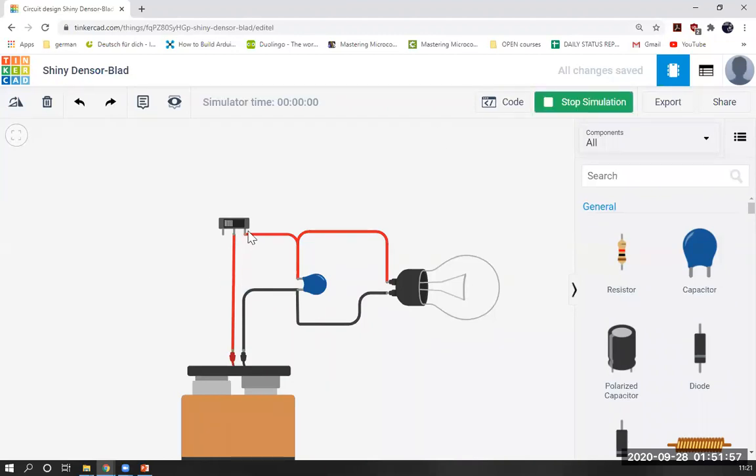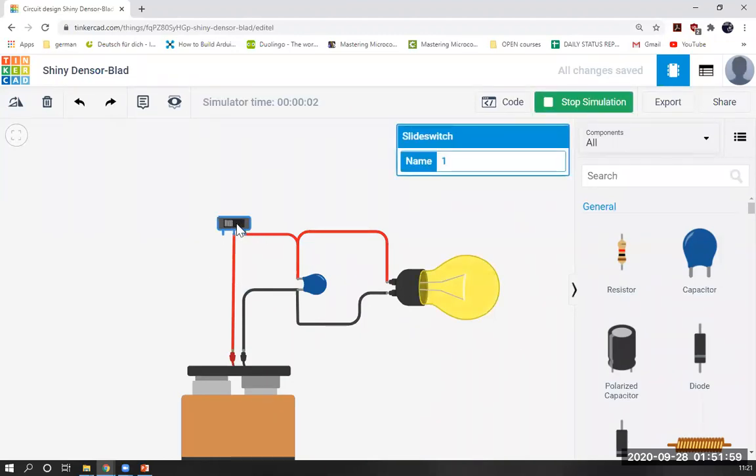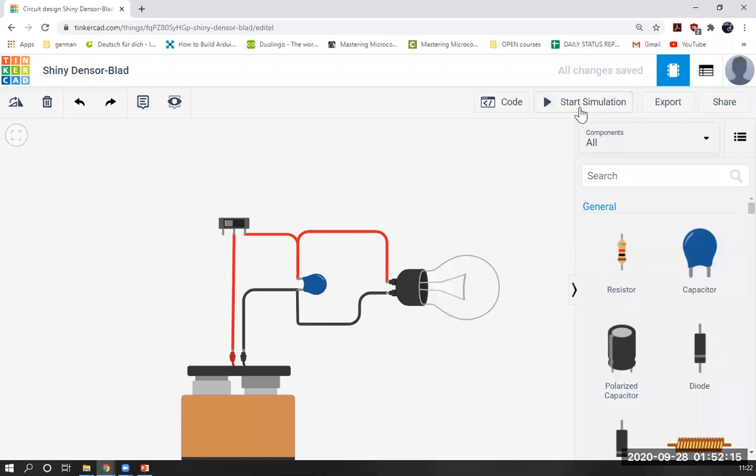We're gonna start the simulation. It's turned on, and when I turn off the switch, it's still on. We can also try to play around with this value. If I remove it to be like 100 milli, it was 100 millifarad. So I will try to do it 50. Let's see what happens. Okay.